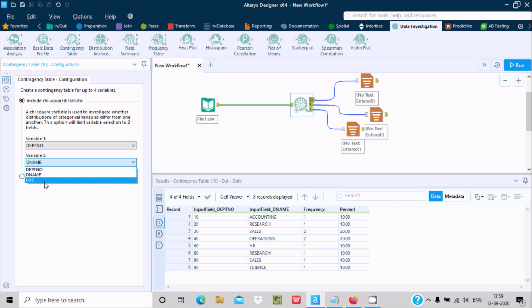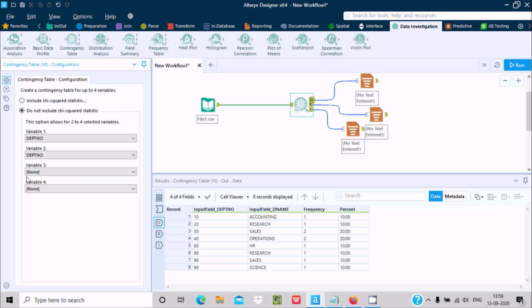So I used dname. You can select location or any other columns, and here don't include chi-square. Now you can select multiple variables. So here dname and DPT number. Now let's give dname and location.